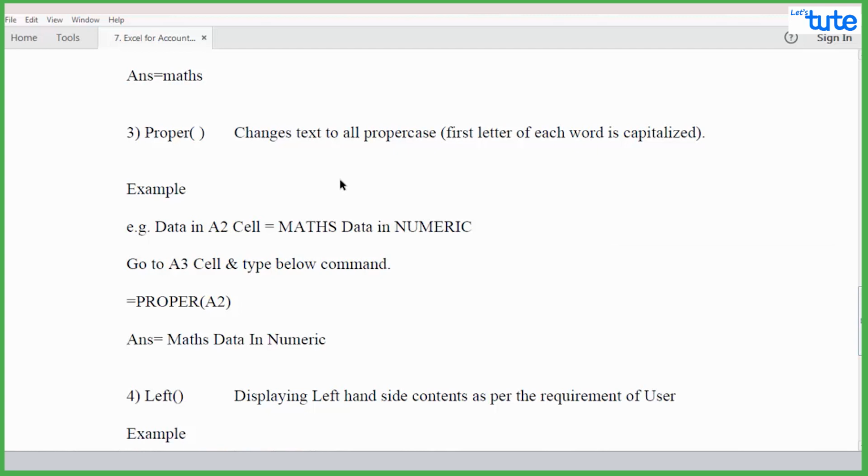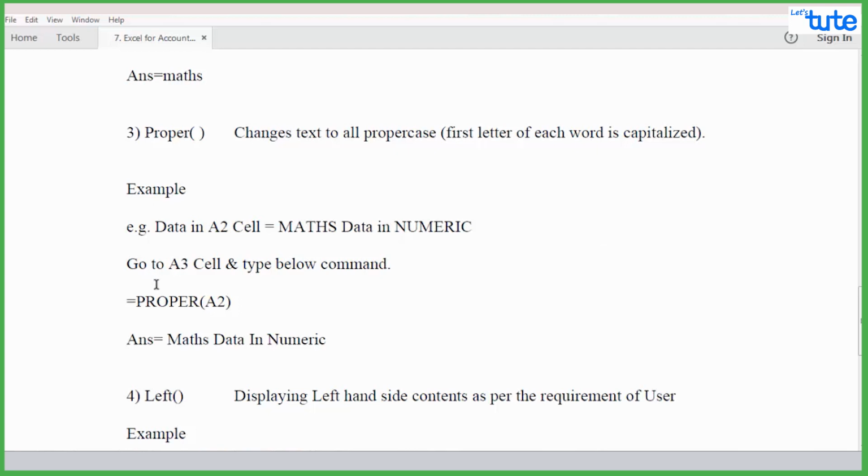Third Excel command is proper. In the proper command, the first letter of each word is capitalized. That is the most important note of the proper command. Example: in cell A2, the word maths is in uppercase and the word data is in lowercase.